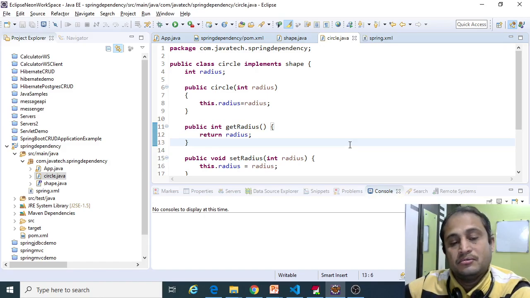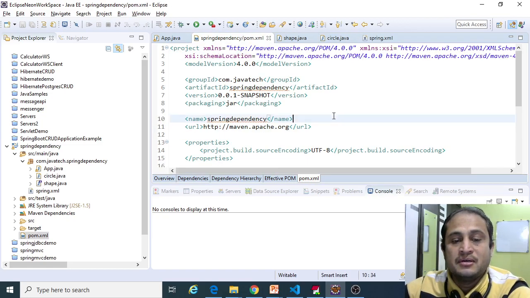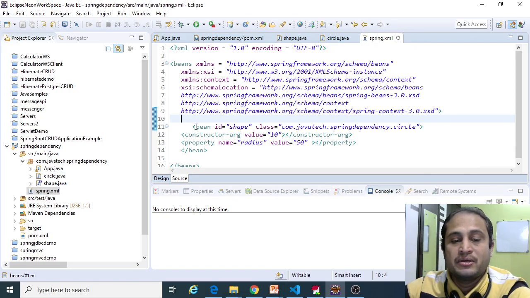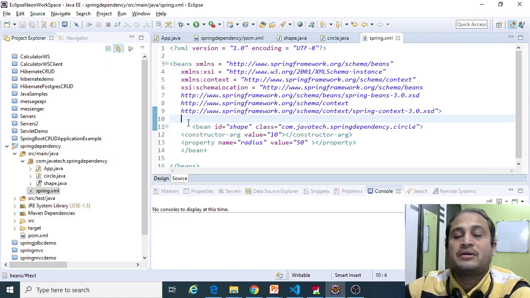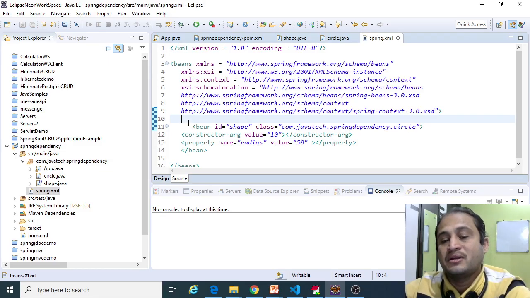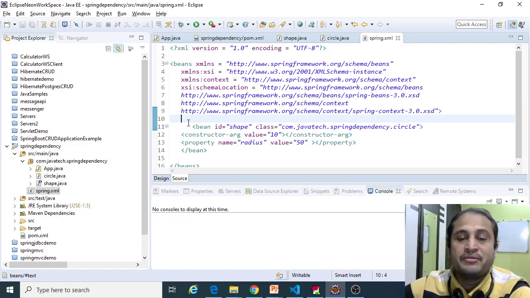In this video, we will talk about the introduction of annotations. I think in the last video, what we discussed is that in Spring.xml we created the bean and we referred to it in the client application. What I am trying to achieve here is to completely get rid of this particular XML and introduce the